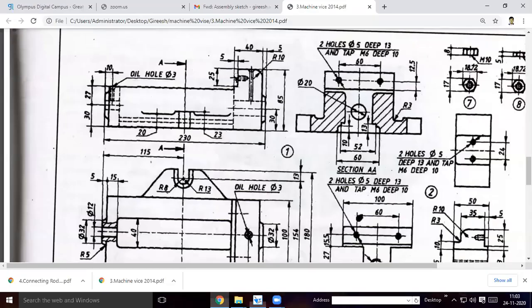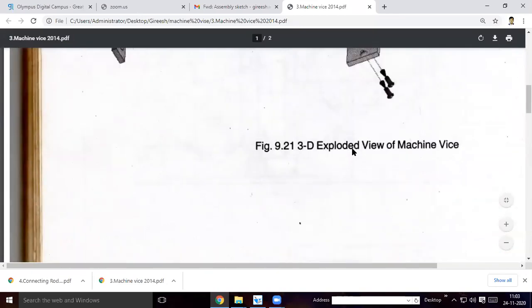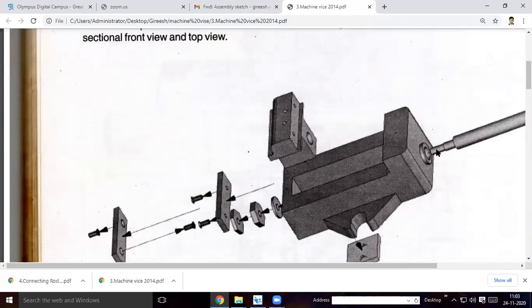What else do you have to do? Because this is moving, as this one goes inside, it will be rotating. If you rotate this, only then the movable jaw comes close to the fixed jaw or moves away from it. For the rotating member, this hole is given for lubrication purpose.